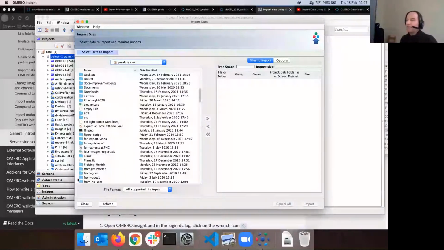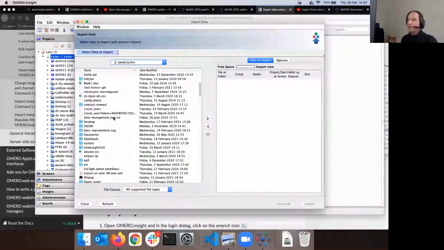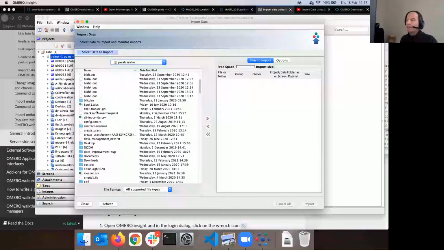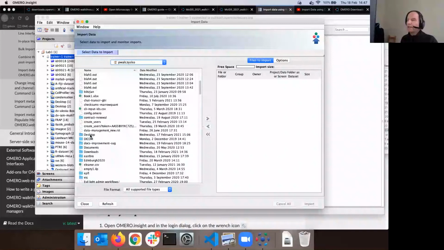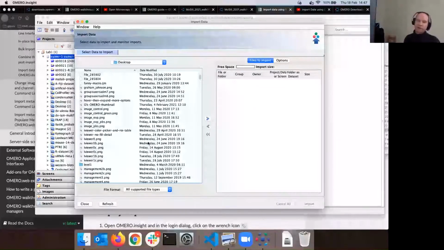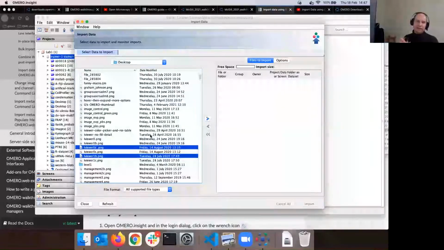So basically, I'm browsing my local hierarchy on this Mac, and I can select some images, like so. Let's say I select these simple screenshots. They are small. That's why I like them, because we don't want to import really big data now, because we are doing it